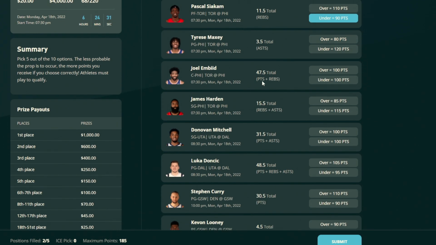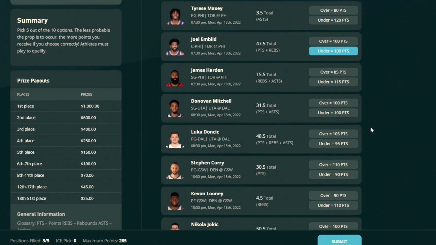Joel Embiid, 47.5 points and rebounds. This is kind of like a coin flip here, being 100 points on both sides of it. And I think this could go either way. I think they'll continue to smash, like they really don't have anyone down there that can really do anything. Now, he only put up 34 and 40 against them in points and rebounds. So I would lean the under here just because there's a lot of different ways it can go. Yes, he put up 61 points and rebounds against Indy, 58 against Indy, 61 against Cleveland. But the last 2 Toronto games, he's only put up 34, 40, 34, and 47. I will take the under on this, just looking at those stats.